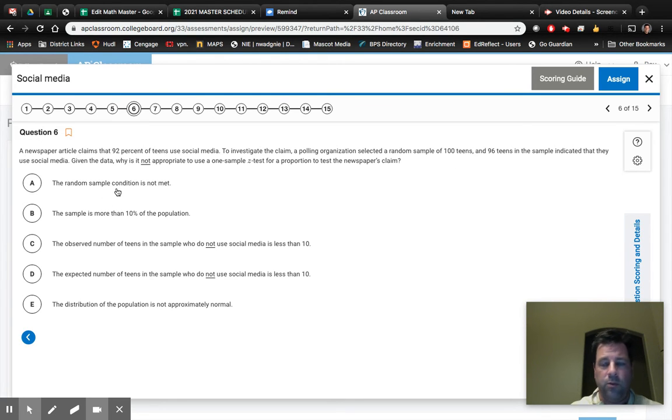The sample is more than 10%. Well, I don't think that. We think that this one's never true. The observed number of teens who do not use was less than 10. No, the observed number is 96. The expected number who do not, hold on. The observed numbers who do not use